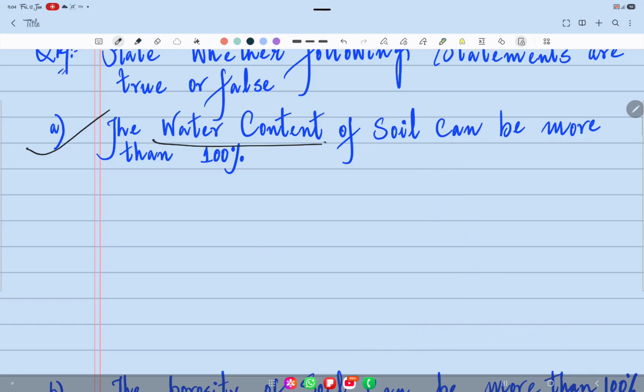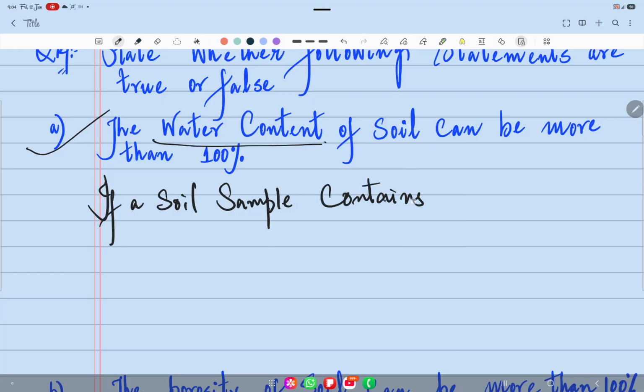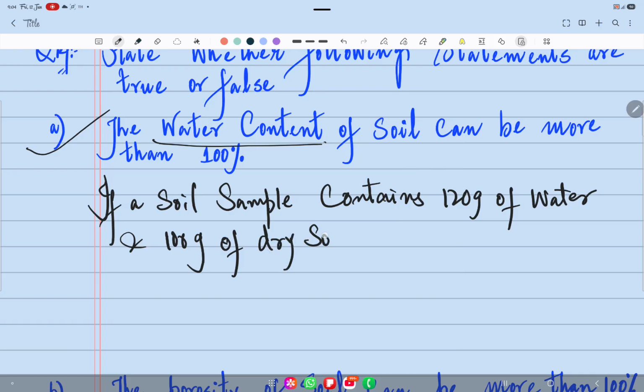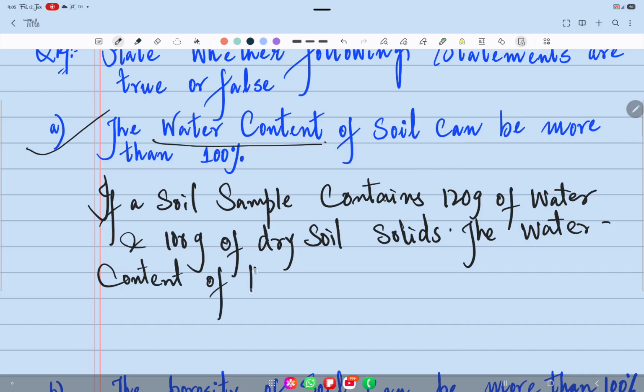The question is, if a soil sample contains 120 grams of water and 100 grams of dry soil solids, the water content of the soil will be